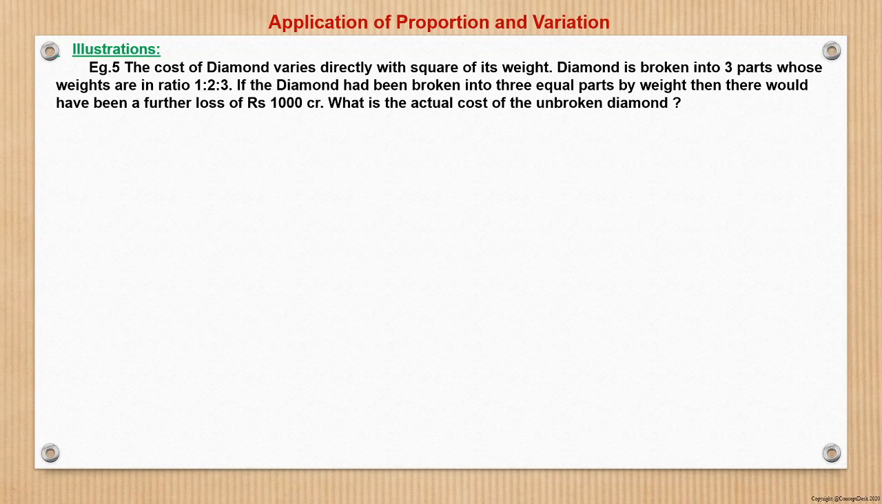Now another question. The cost of diamond varies directly with the square of its weight. So basically what does the question say? That the cost price of diamond varies directly with the square of its weight, right? This is being said. Now the diamond is broken into 3 parts whose weights are in the ratio of 1 is to 2 is to 3,